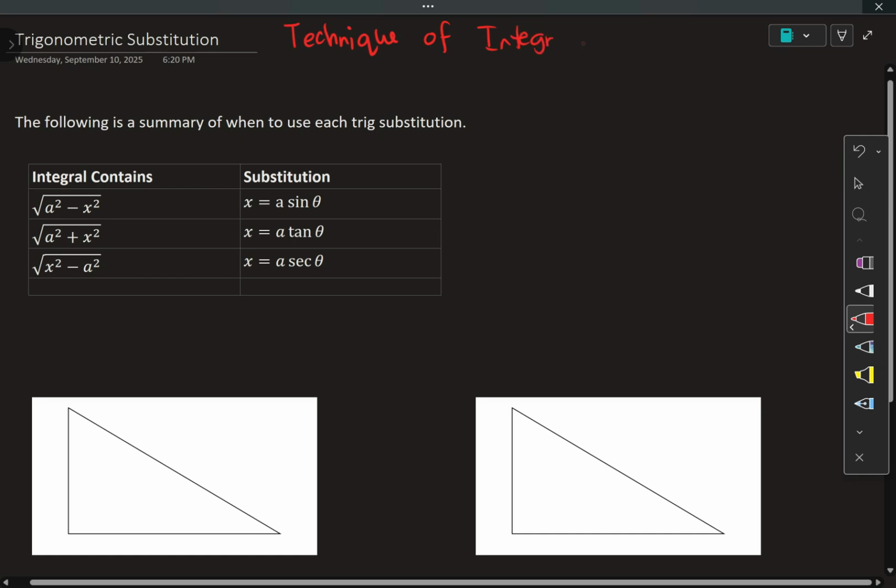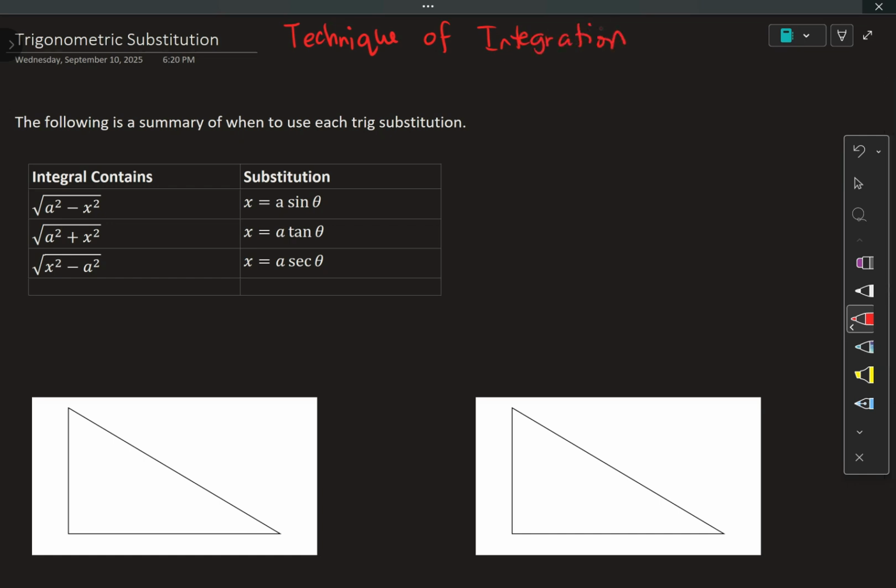Another technique of integration is trigonometric substitution. Trigonometric substitution is just the same as the substitution method, only that we will be using specific conditions. If we have an integral containing the following, say for the first one,